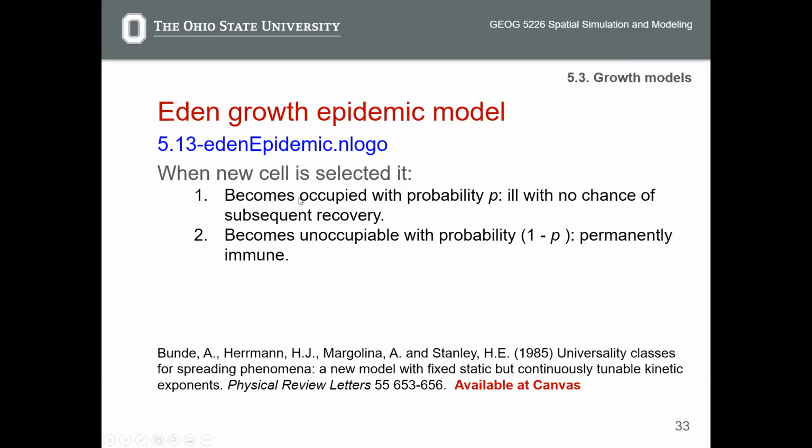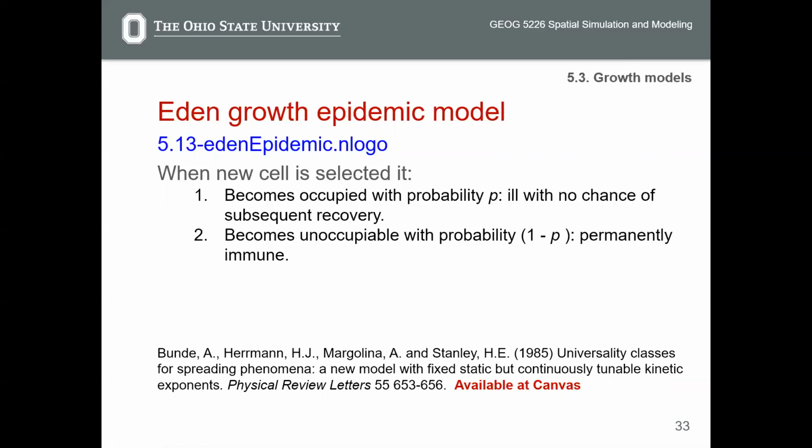There is randomness. It is occupied with a probability P, which means the cell is ill with no chance of subsequent recovery. Once it is occupied, it is occupied forever. Or it becomes unoccupiable with a probability 1 minus P, which means that this cell will never be occupied, which means it becomes immune to this disease. Okay, so you can see here how the Eden growth model has been applied to the spreading